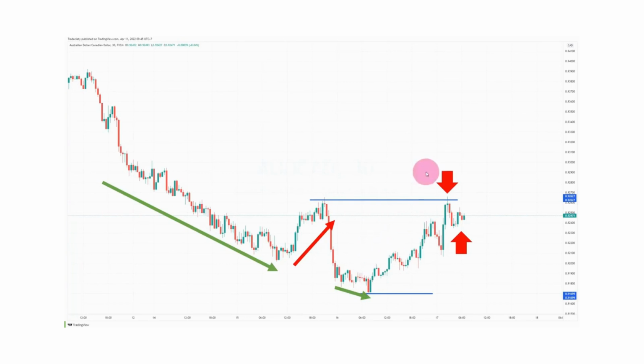And then the final piece to the puzzle is you would like to wait for the market to clear this area here. And what does this mean? It would mean